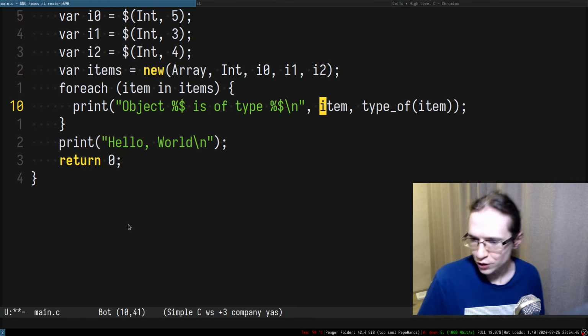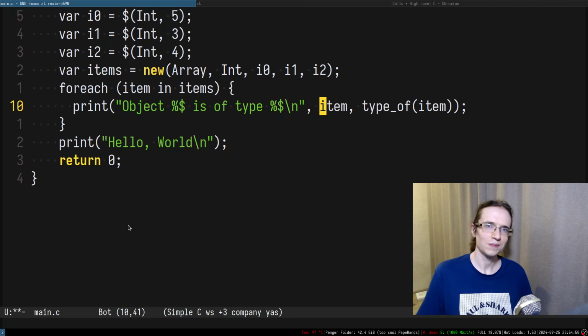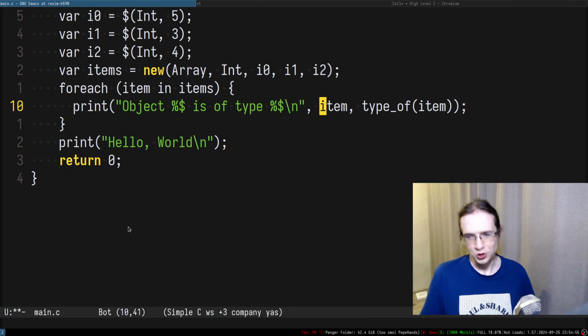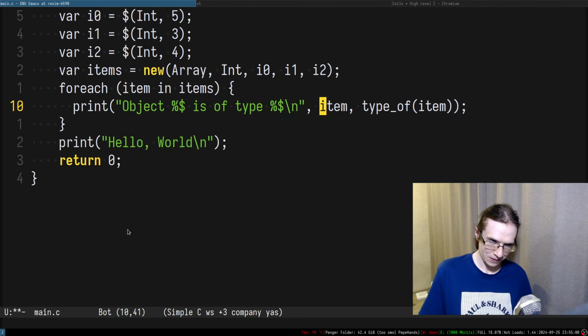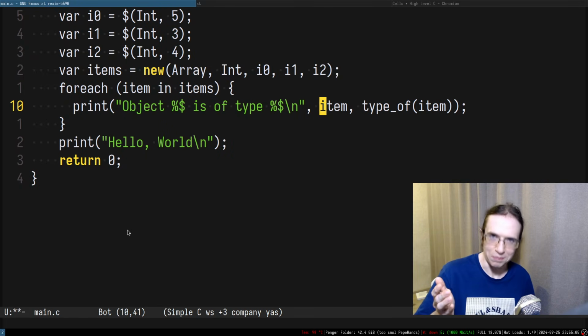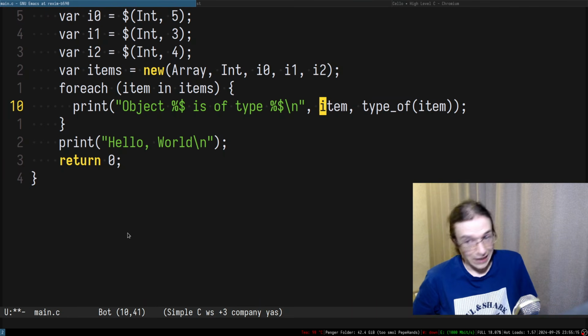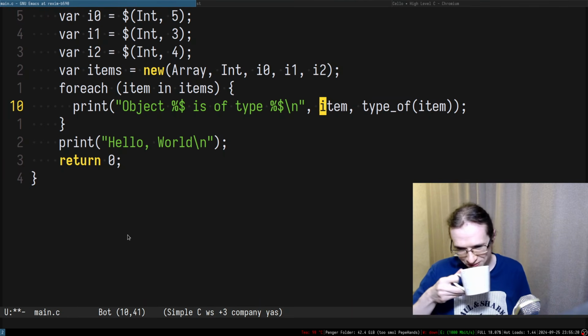Can it implement a JIT for this? Dude, do you know what is JIT? It's just-in-time compilation. The program is already compiled. It's already compiled. We can say it's ahead of time compilation. So